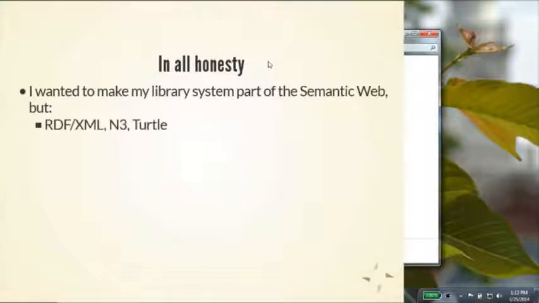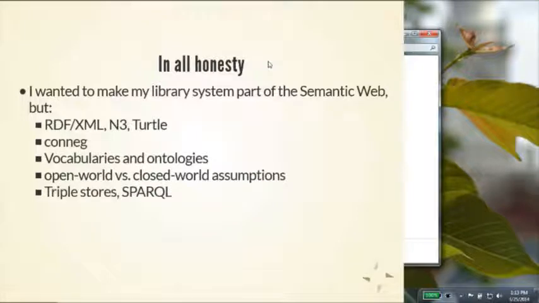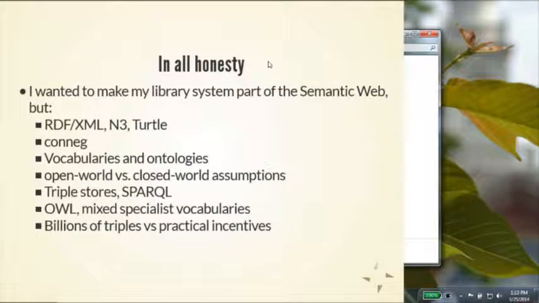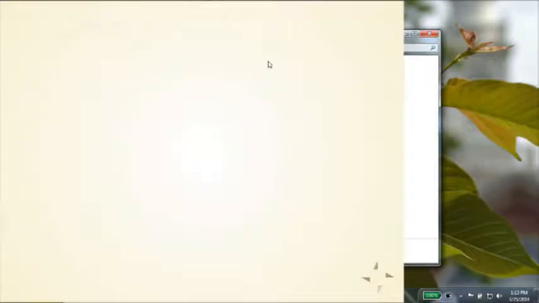So I wanted to work with Evergreen and bring it onto the full-on semantic web, but I'll be really honest, I got hit over and over again by all of these terms and concepts and a deep set of knowledge that basically just made me say, really?